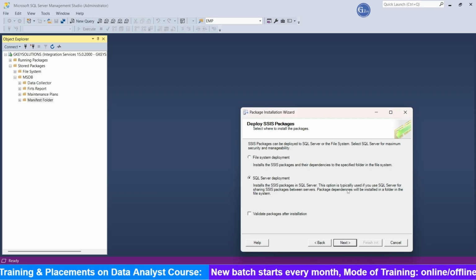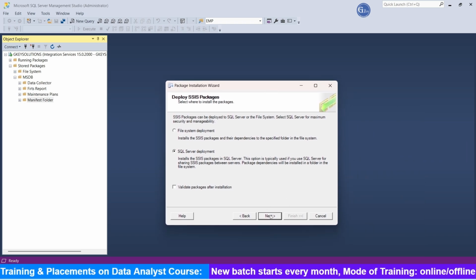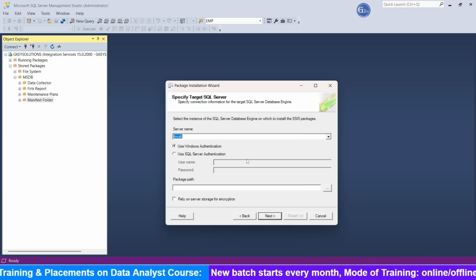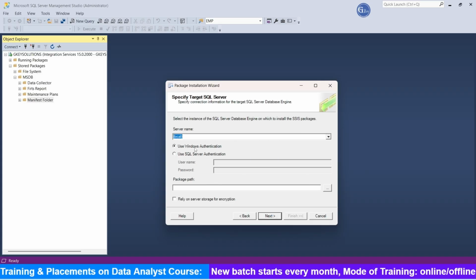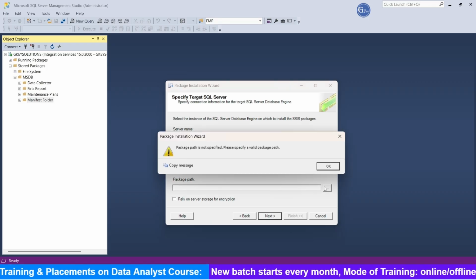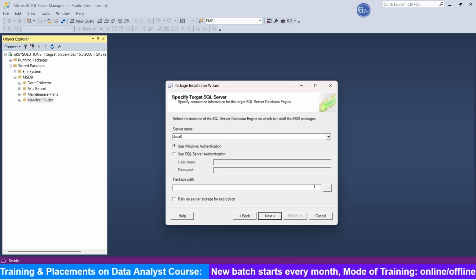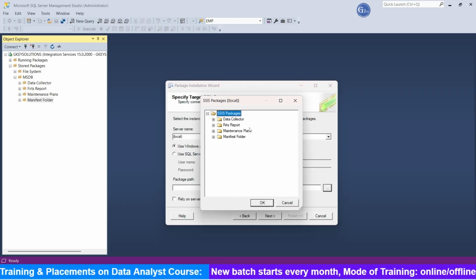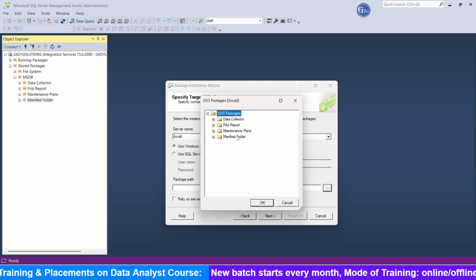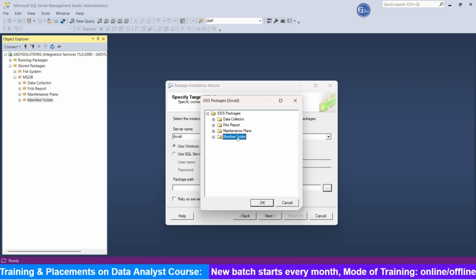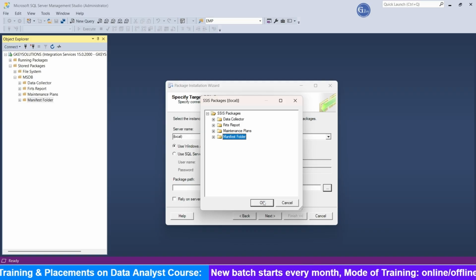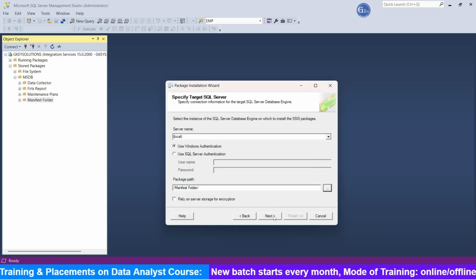Now I'm getting into the deployment of the SSIS package. Now I'm clicking on next. Now we are deploying this package into SQL Server deployment. Now it's local, use Windows authentication. Next, the package path is not specified. We have to take the package. In SSMS, MSDB database, manifest folder, I'm going to deploy this package. Next,